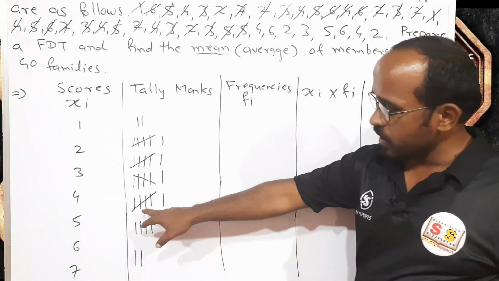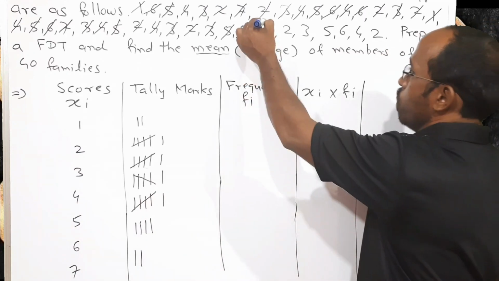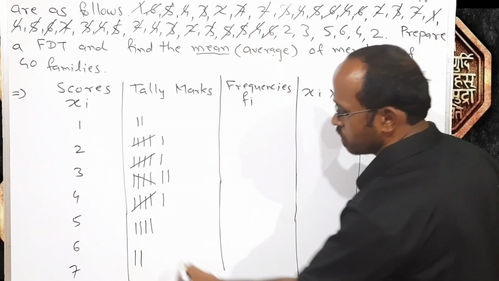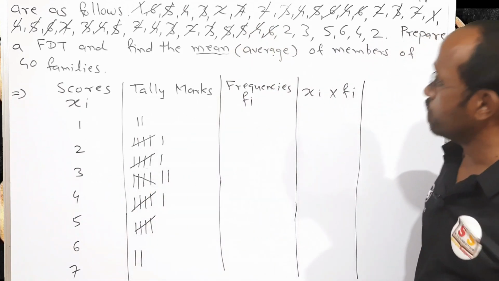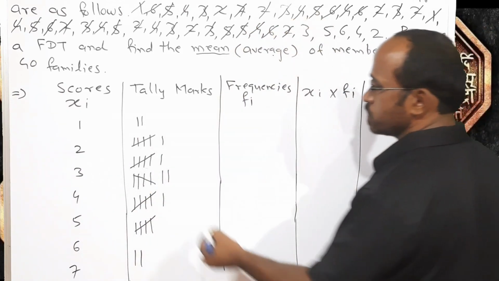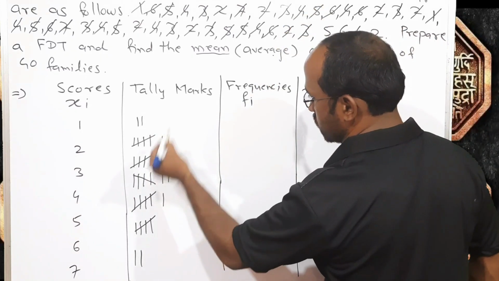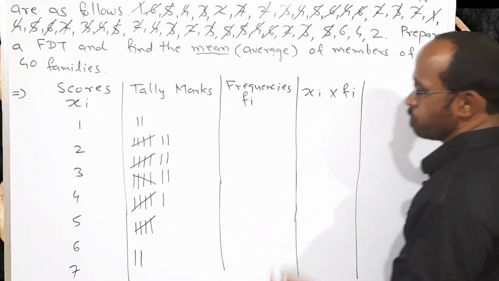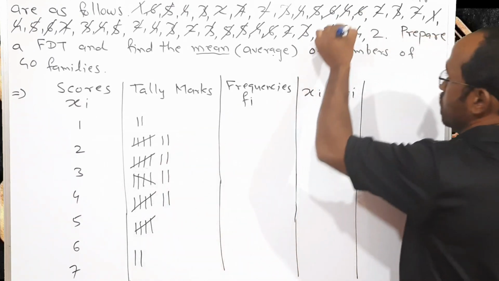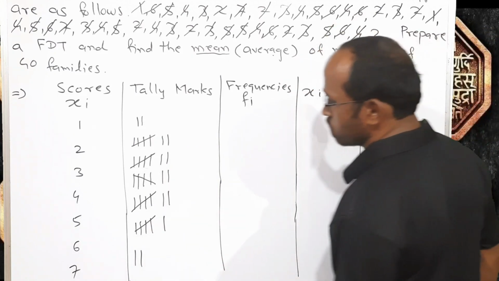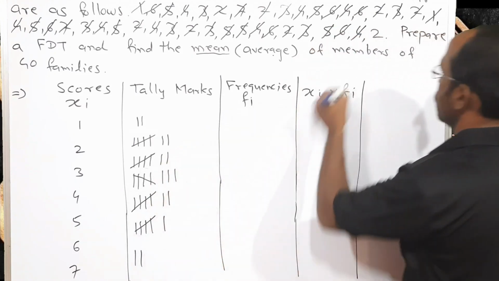Okay, first line completed the bunch of 5. 4, 6 created bunch of 5. 2, 3, 5, 6, 4, 2,